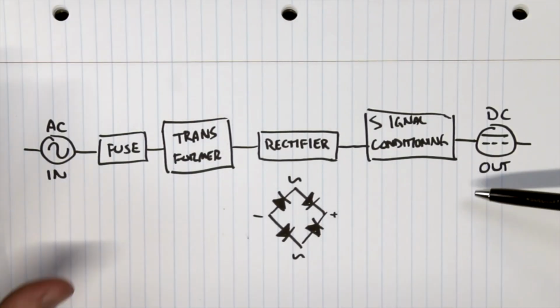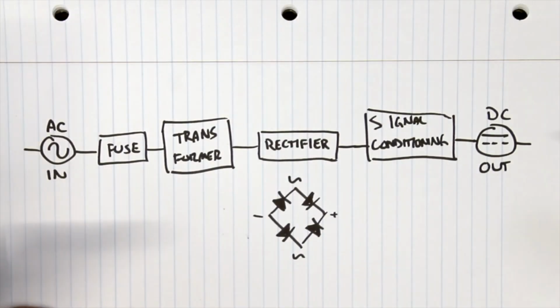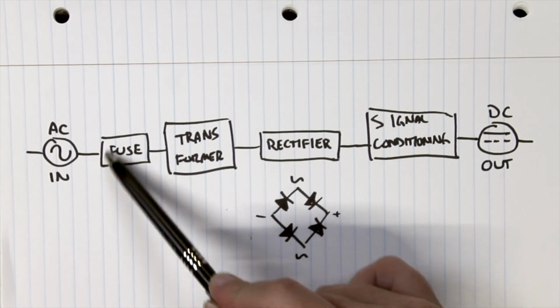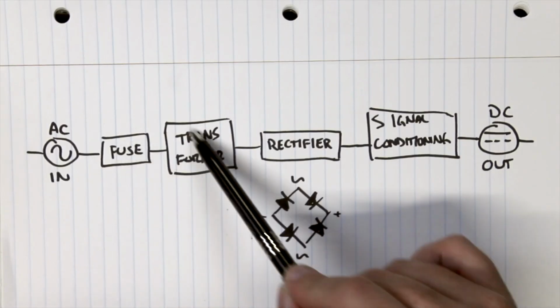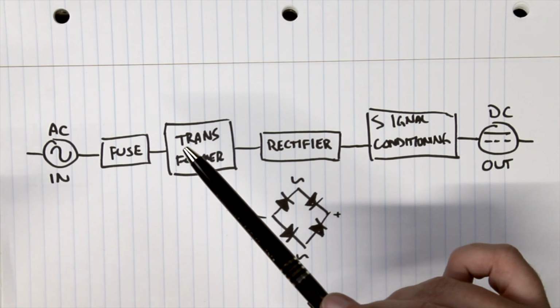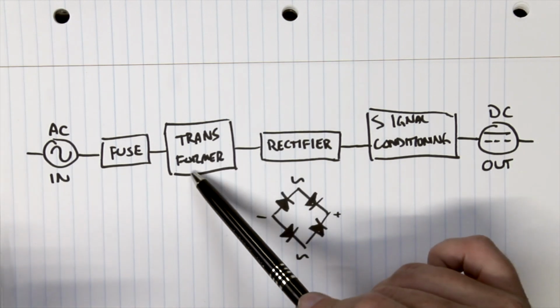Now, before we take a look at the board, this is just basically how an AC adapter works. So we start with alternating current coming in to a general protection fuse that burns out and shuts off the whole thing. Bob's your uncle, don't work anymore. From the fuse, it runs into a transformer. No word on whether it's an Autobot or a Decepticon, but the transformer will bring it down into a usable